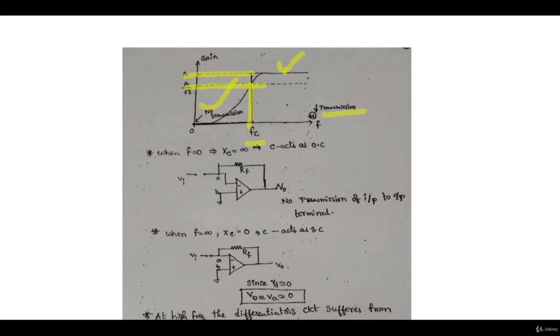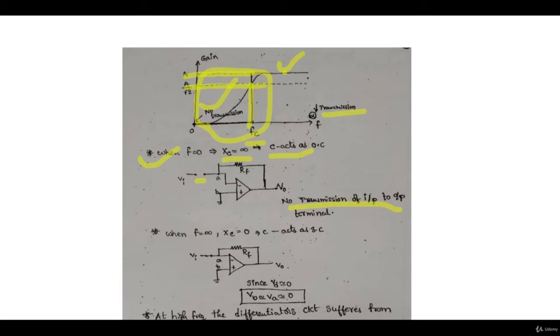And this is how the circuit works as a high pass: when the frequency is equal to 0, the capacitor will provide infinite impedance. The capacitor will act as an open circuit. In that case, input will not get transmitted to the output.